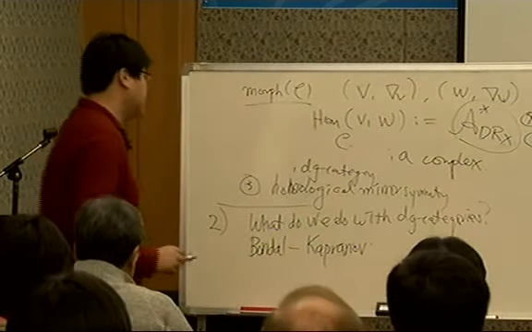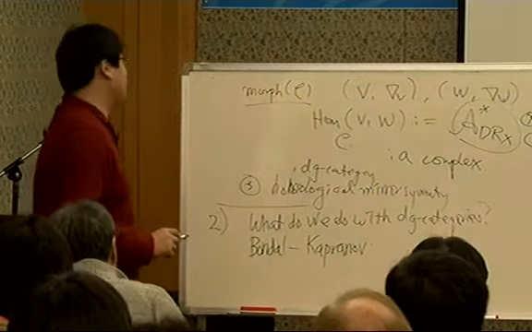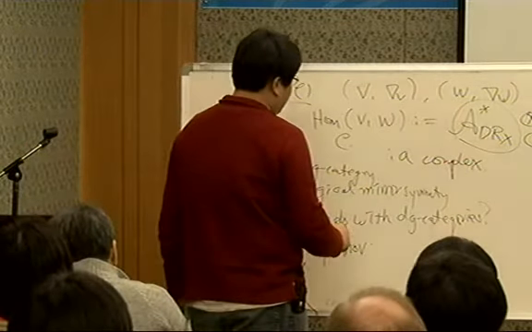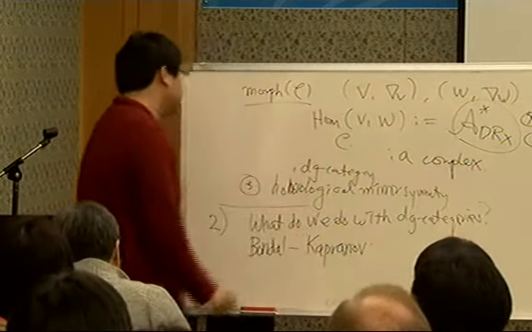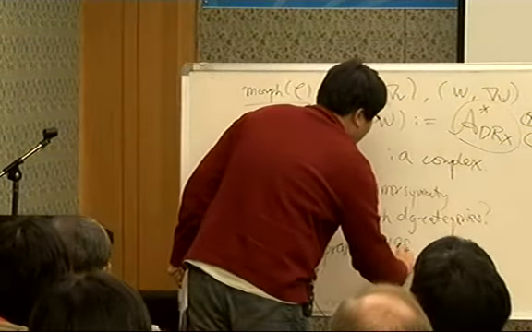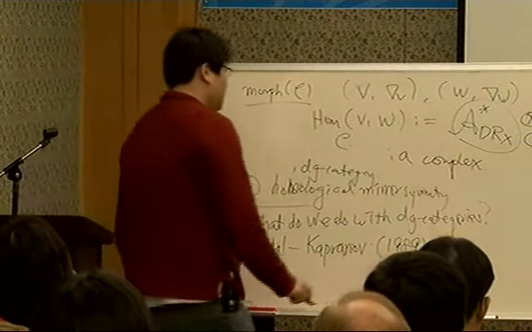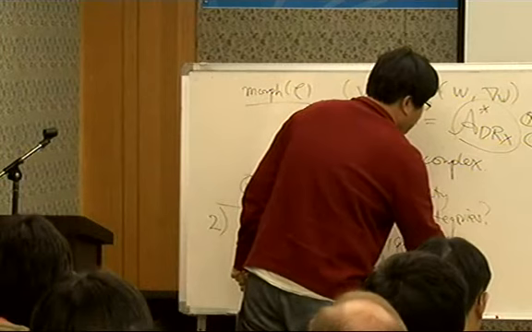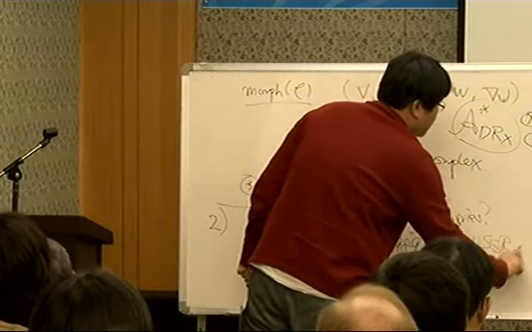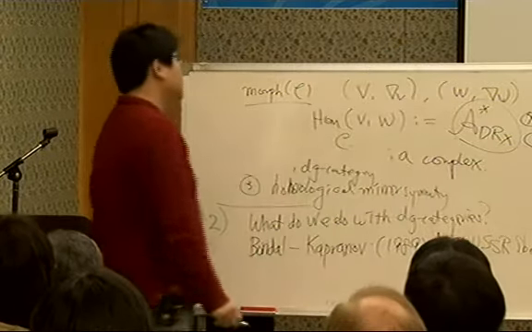It probably appeared in Kapranov's paper in 1988 or something, but Bondal actually used that one to prove something else. The paper that I'm talking about is a 1989 paper published in Mathematics of the USSR Sbornik,